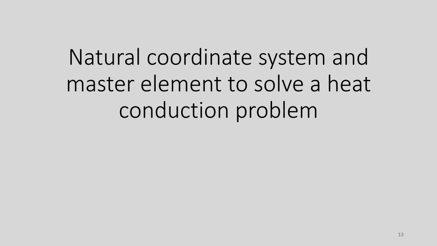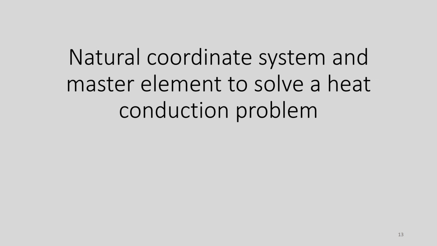Now, let us look into the natural coordinate system and the master element to solve a heat conduction problem. We have seen the overall idea of how the elemental things can be formed. Now, if you consider a particular element, how can its matrix be formed by introducing the natural coordinate system? It is simply a mapping from the global coordinate system, the domain of the analysis, where you have already decided the Cartesian coordinate system with different node points having x, y, z values, and based on that we have shown that the shape function can be formed also.